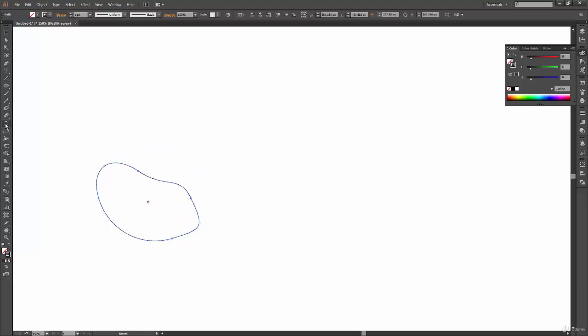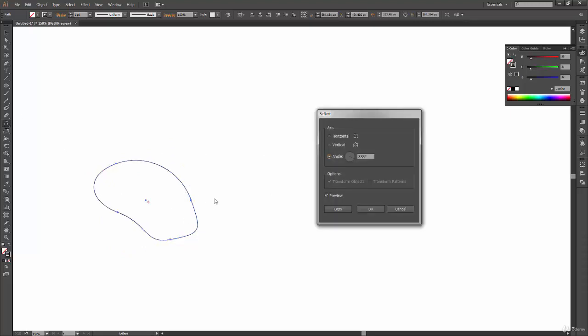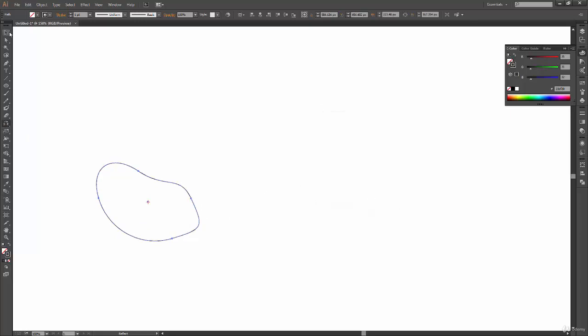Okay, so the same applies to the reflect tool also. If you set your reference point somewhere and double click on this, it repositions your reference point to the center of the shape. So yeah, this is the only disadvantage which you get when using the tool options. Okay, so after learning about the tool options and a few of its shortcomings, let's see a little bit more about setting the reference point and working around it.